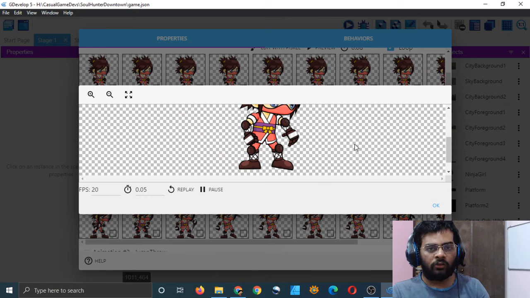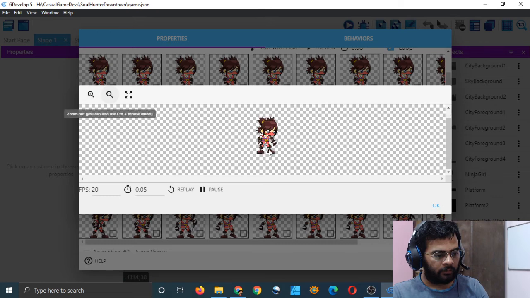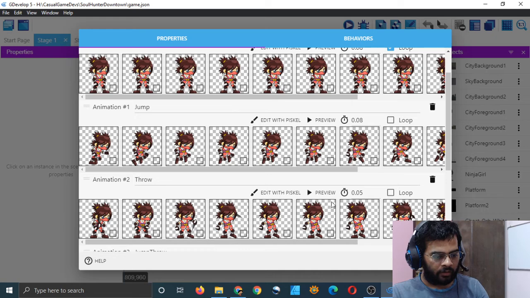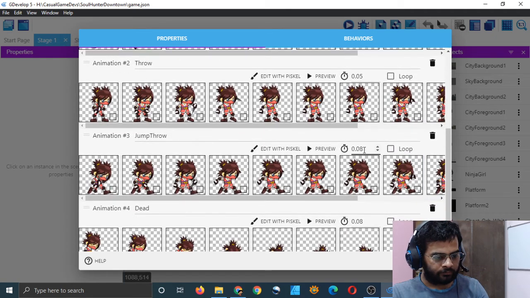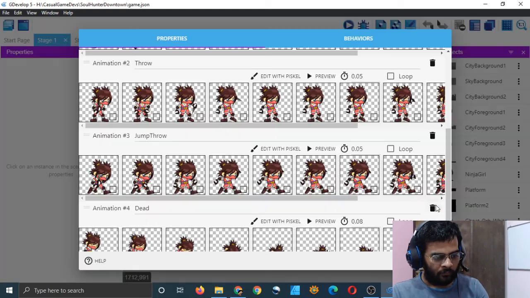I am pressing Ctrl and mouse wheel to zoom, so you can do that from here. I will preview it. So it's fast, right? And it's the same thing we should do with the jump throw. And now I will just preview it. So it's faster.